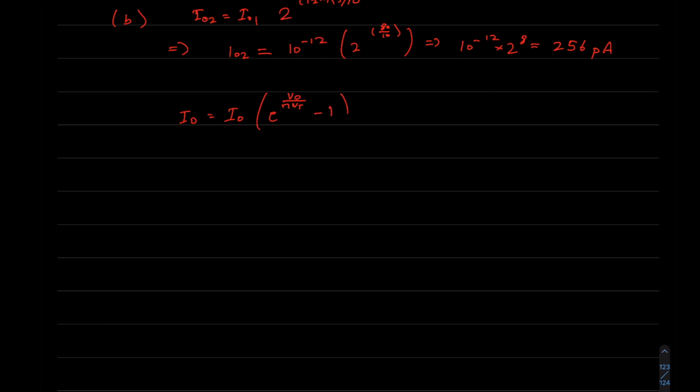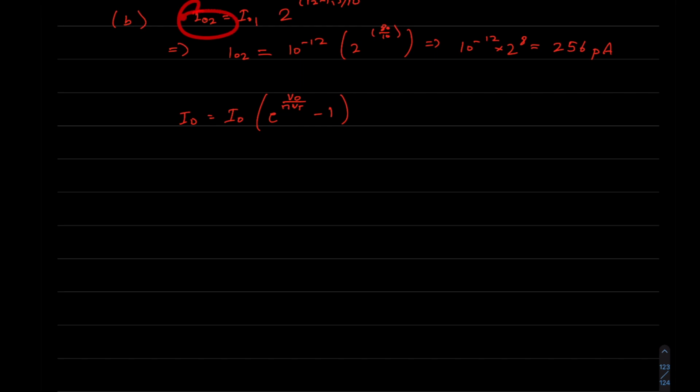We put this saturation current into our Shockley equation, and we'll get ID equal to 256 into 10 to the power minus 12 multiplied by e to the power, and Vd was 1.103 for the same bias voltage. Remember, we have been given this in the question, divided by 2 into